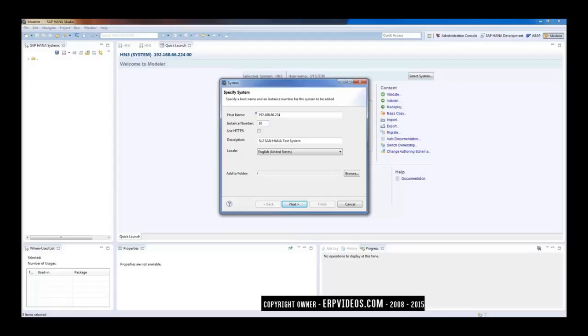Apart from that, there is another port which is required to be open, which is